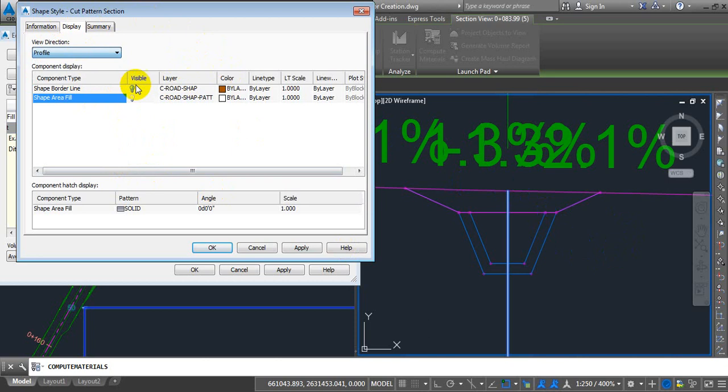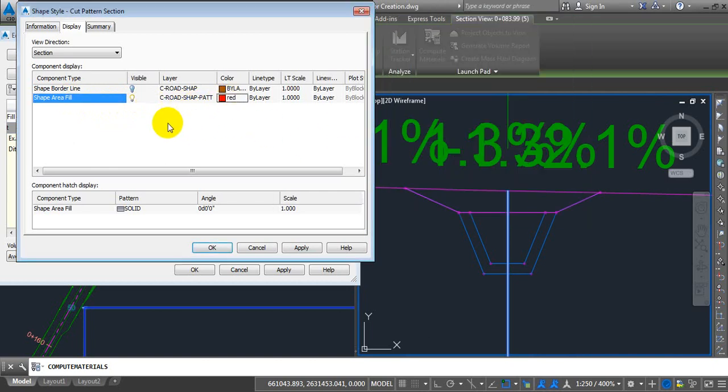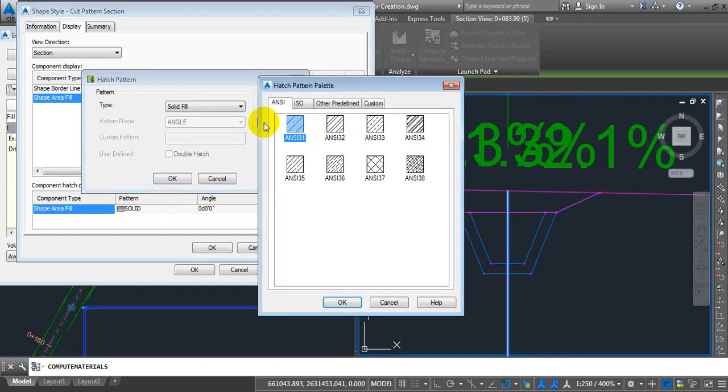So model view profile, I'm going to turn it off, but in section I'm going to keep it on. This shape borderline I can change its display to off. Shape area fill, this is really important. Okay, I will change the color to red, and then I will change the pattern from solid to